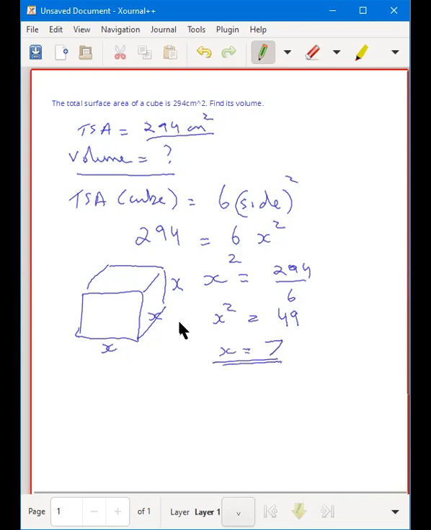Now what do we need to find out the volume? What is the volume of a cube? Again, if you don't remember the volume of a cube, look at your notes and answer. The volume of a cube is area into height. Area into height. Again, I've been telling you there is no height in a cube. All sides are equal. You're looking at the cuboid formula again and again. Look for the specific side.